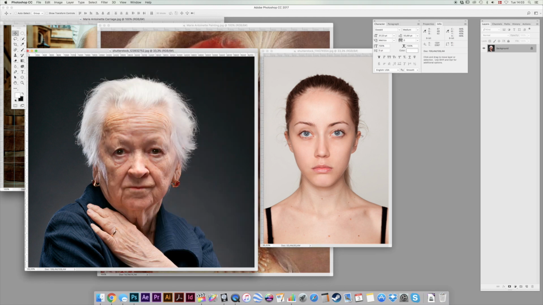and then I also found an image of this beautiful senior lady here, because Marie Antoinette was 37 when she was executed, and she'd been through a really tough time. So this young lady here needed some of those beautiful wrinkles from this lady here. So what I did was that I started out,